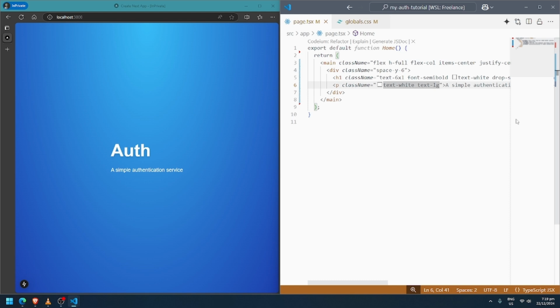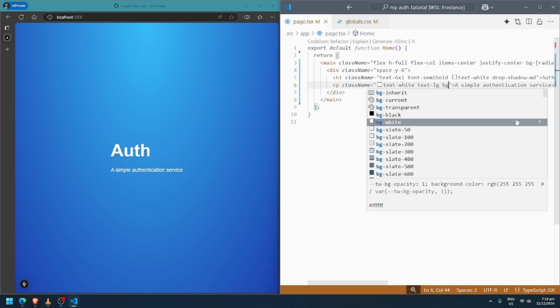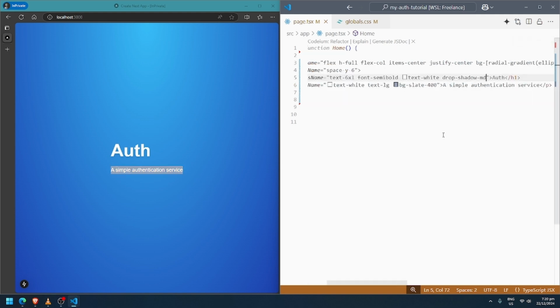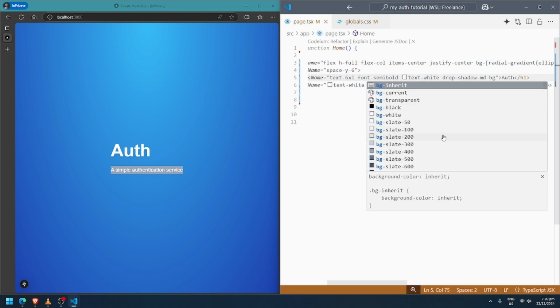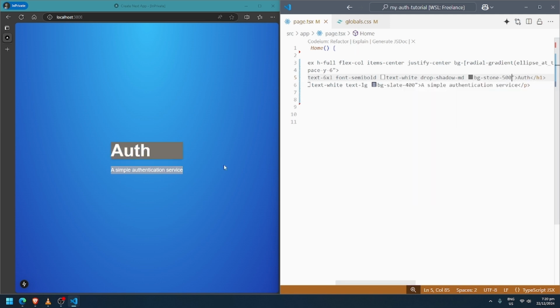So let's add, let's say, a background. To figure out this one as well, background. That one. We now have an idea that we can do something like text center.